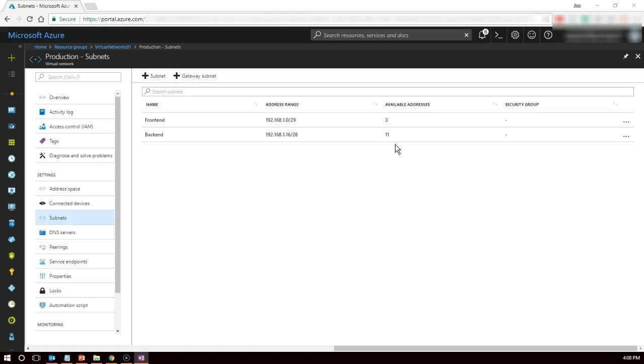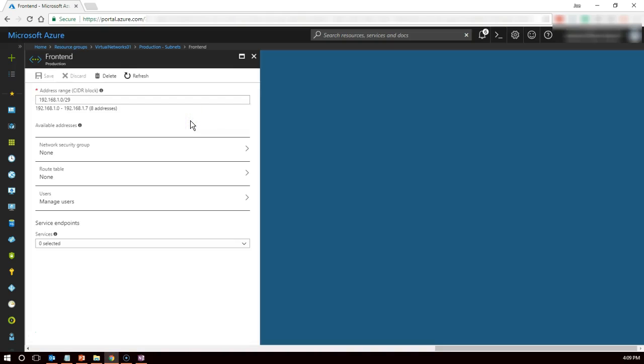Now let's say that we want to go in and fix the front end subnet, right? Because we need more addresses than 3. So we can come into the subnet itself, and then we can make a change. I'm going to go ahead and change this to a /26. And you can see there I get an error. And what is the error that I get? The specific address space overlaps with the subnet backend, which is in a range of